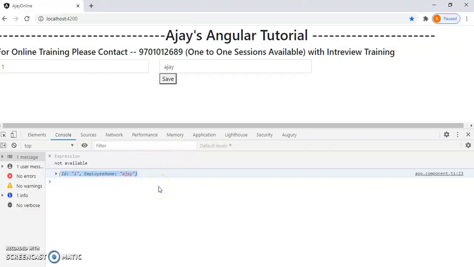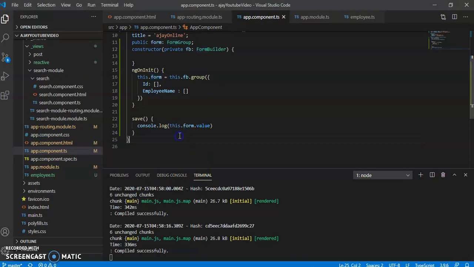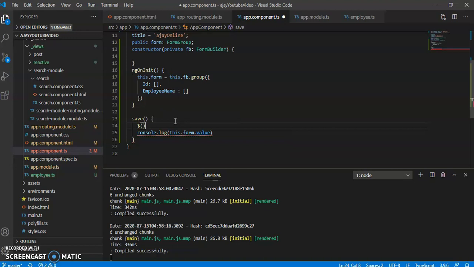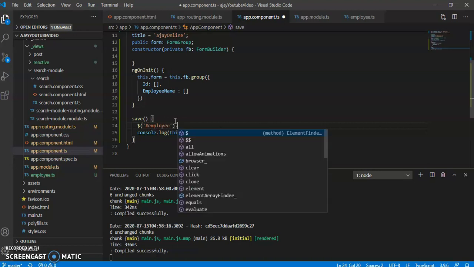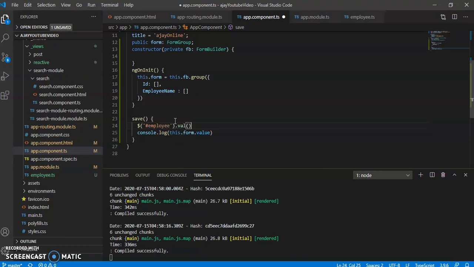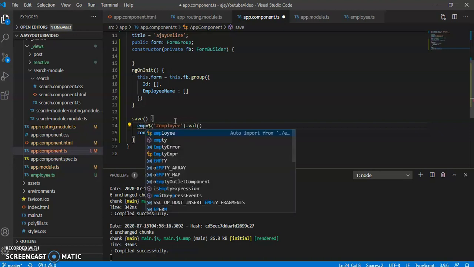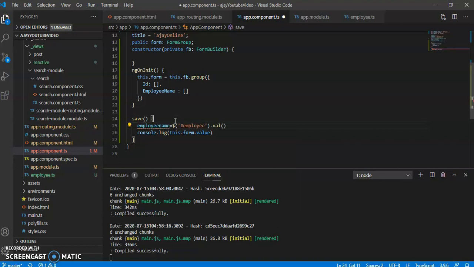So why? What is the difference between jQuery, JavaScript, and these reactive forms? I will tell you about it. If you want to do the same in jQuery, you have to pick the form control name, employee name, dot val, and you have to assign it to a model like employee name, and assign to the object.